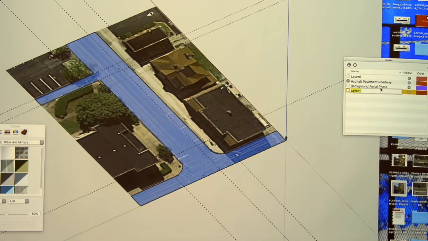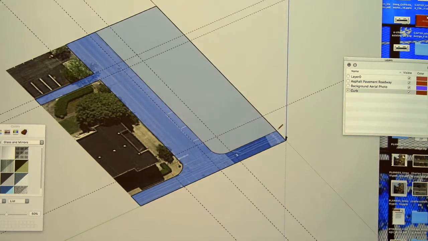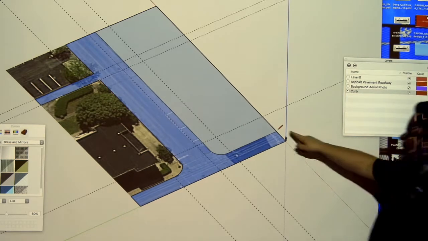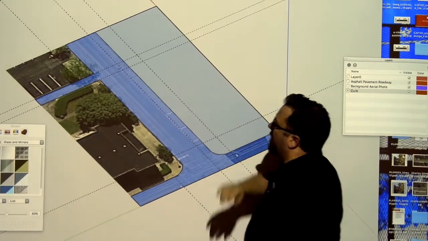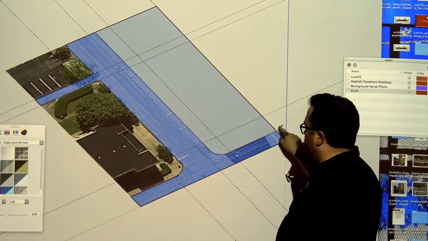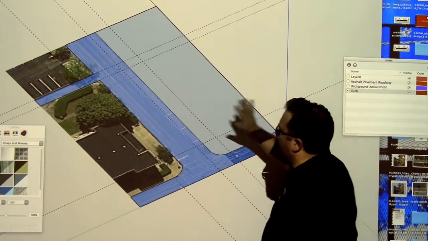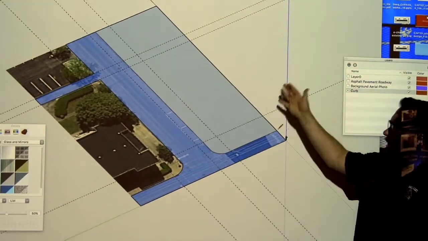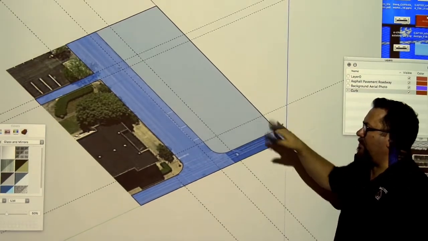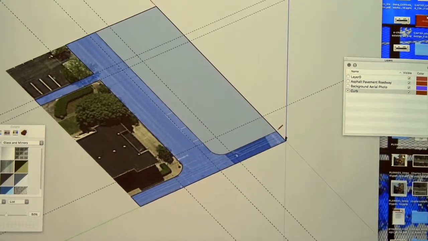Going to make another layer, and it's going to be the curb layer. I'm going to make that the active layer. Take my pencil, pull it over here, take it to the corner, take it over to here, and you can see if your lines are closed here, it will completely fill in like so. And again, we can't see what our building's below, so that will be